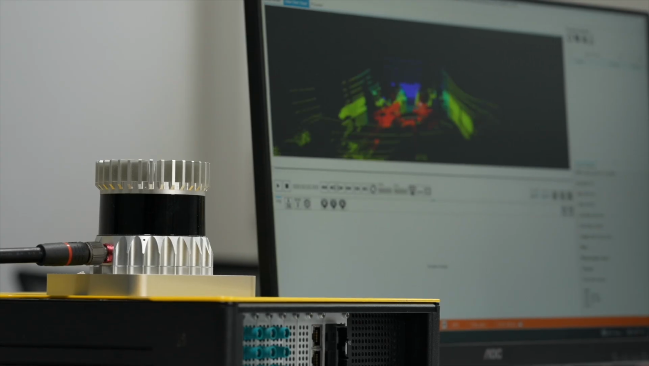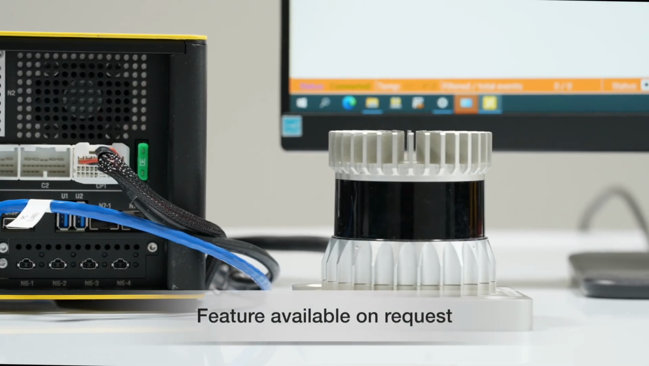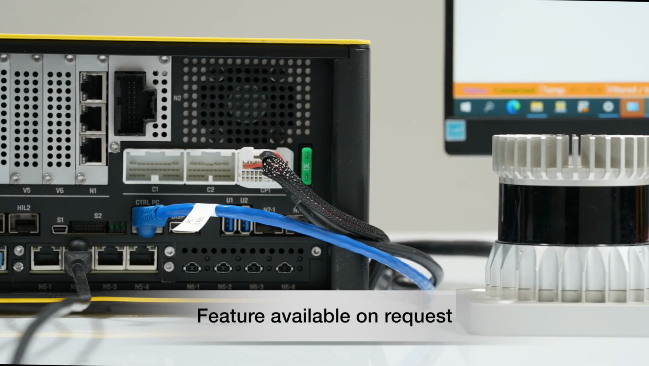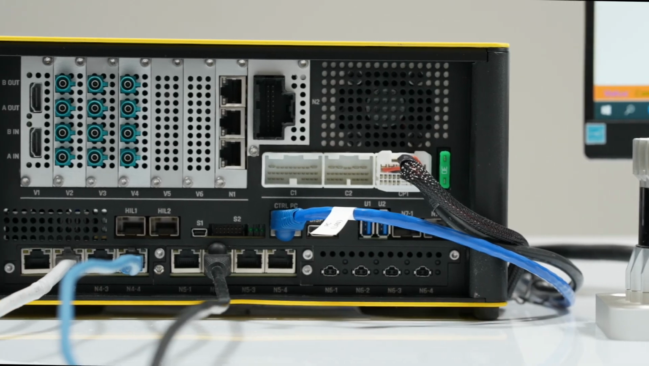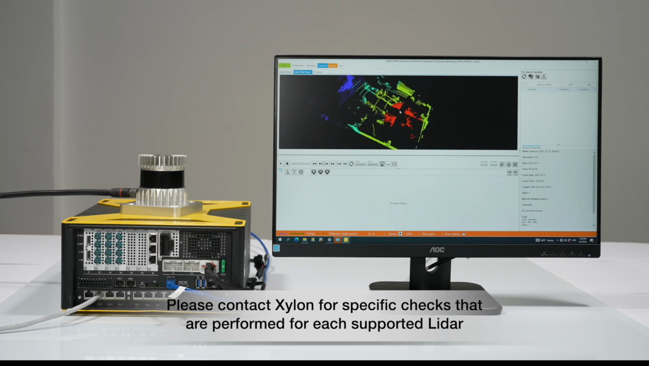In the world of data logging, ensuring sensors function as expected is paramount. To address this, Xylon offers support for Lidar data checks and point cloud visualization. These features enable users to configure the logic recorder to conduct incoming Lidar data checks and promptly report any sensor issues. Depending on the Lidar make and model, some of the following will be checked: UDP sequence, timestamp, temperature warning